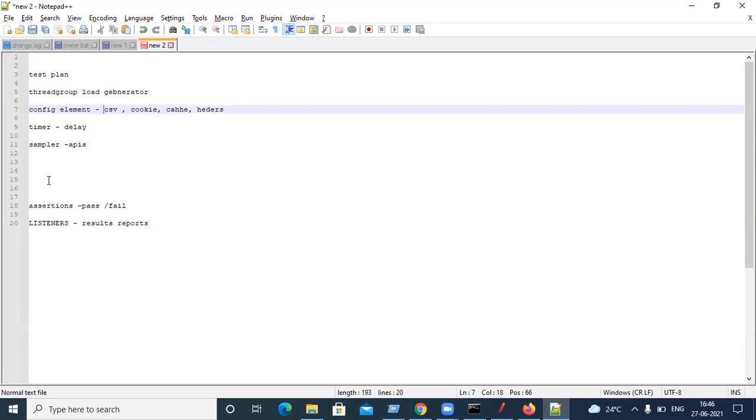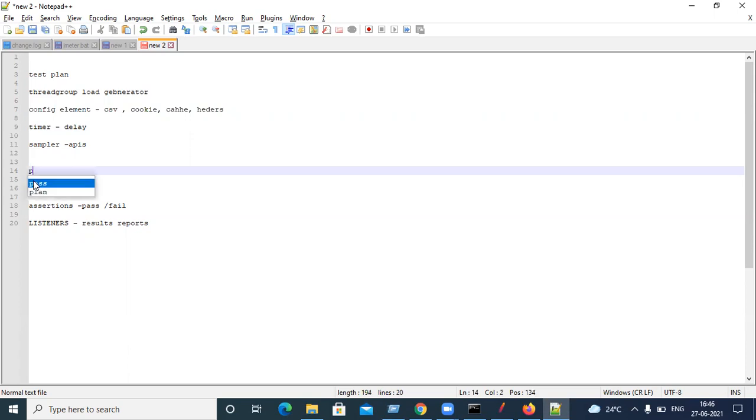Right. So now we used the regular expression extractor. What we did, we extracted the value from the response. This is available under the post processor. Post means after, right? Once our request is sent and we got a response from the server, if you want to do anything on the response side, then use a post processor.